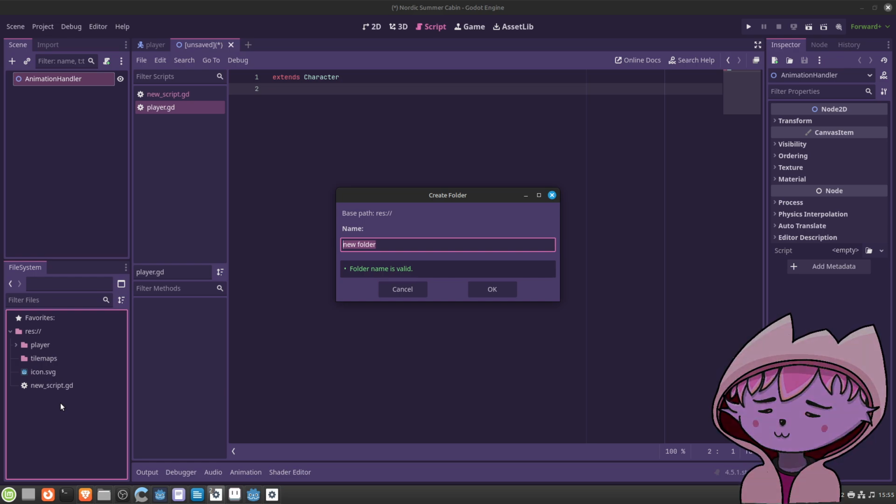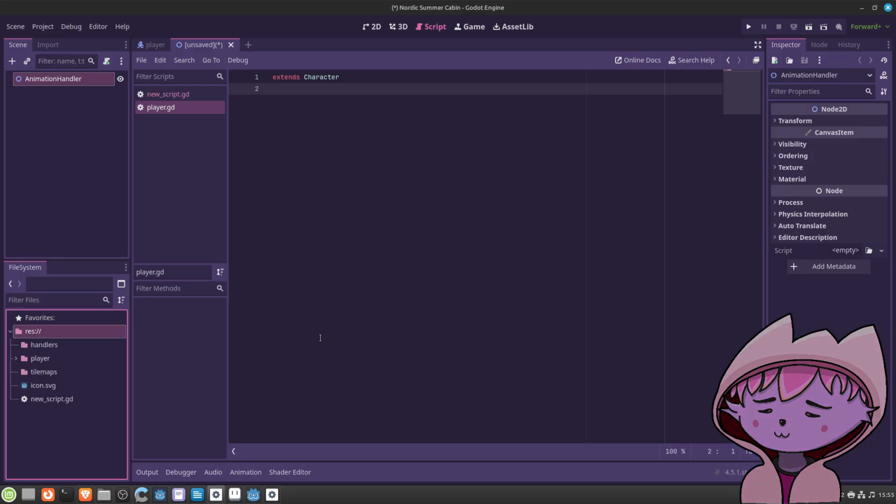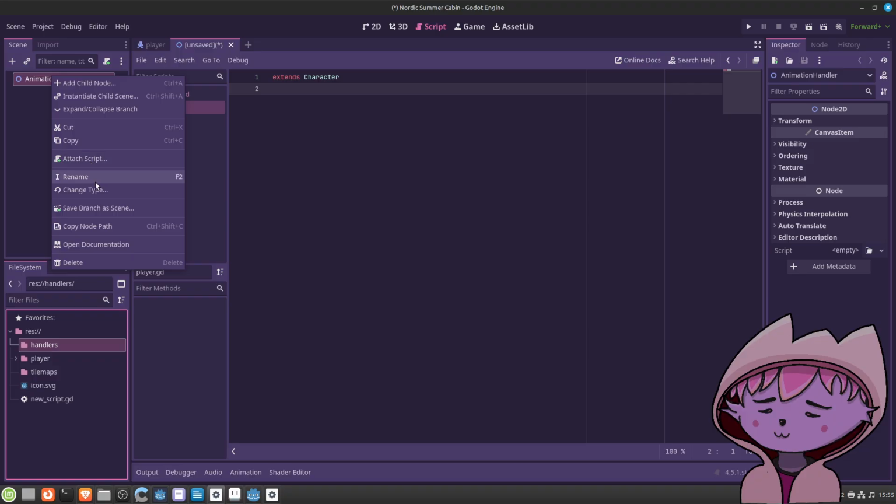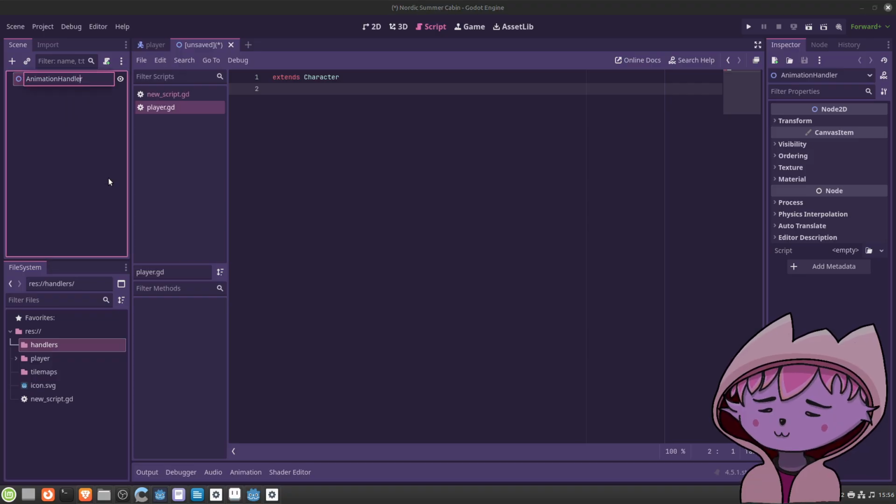Animation handler is too generic. Let's just call it handlers. Let's call this character animation handler.